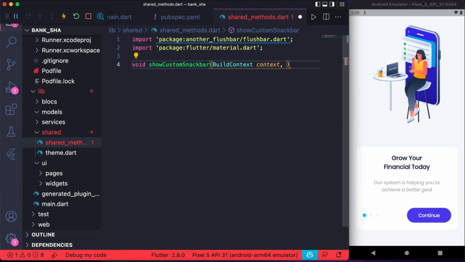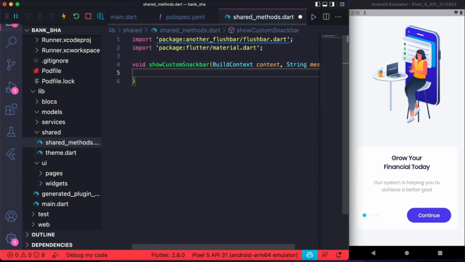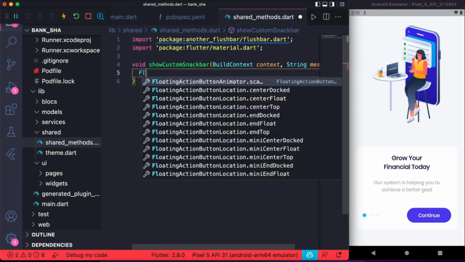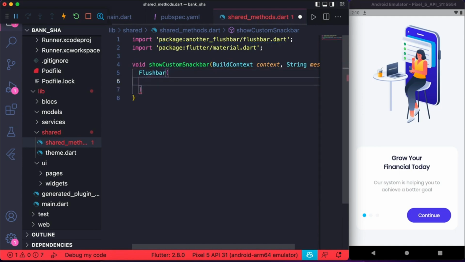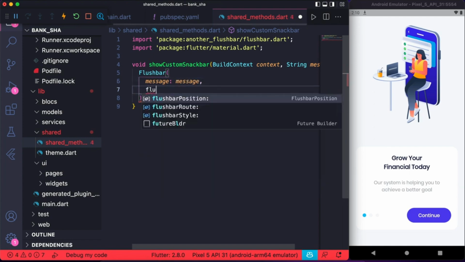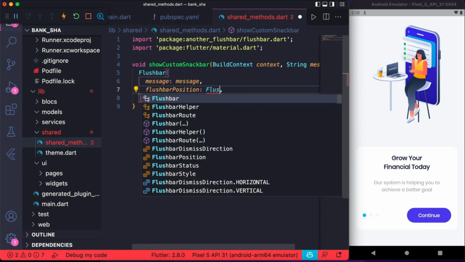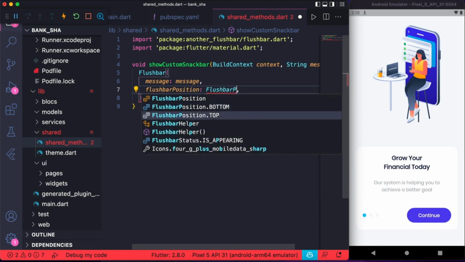Then here we can import another_flushbar. Then we can make a function called customSnackbar. Here we need two parameters: the context, which we import from material, and one more, the message.